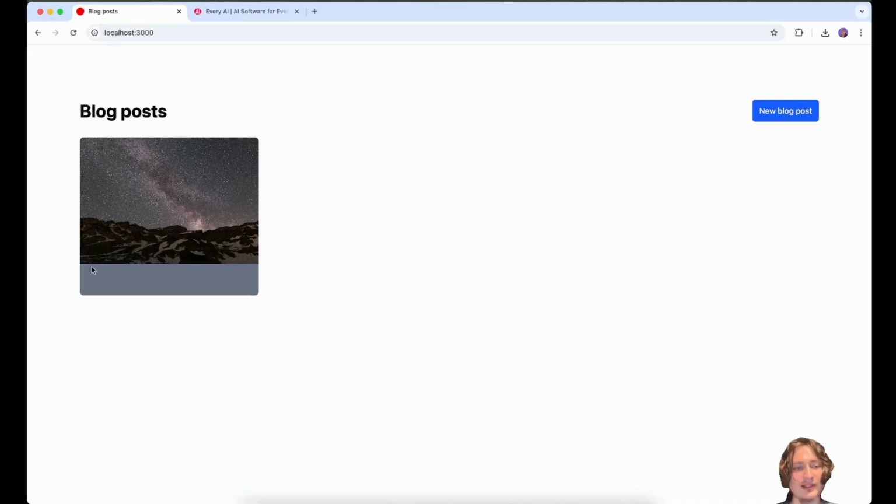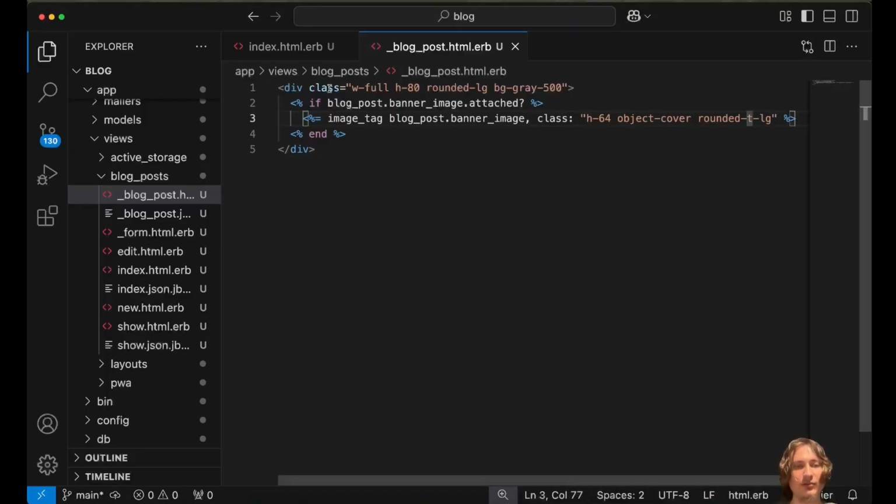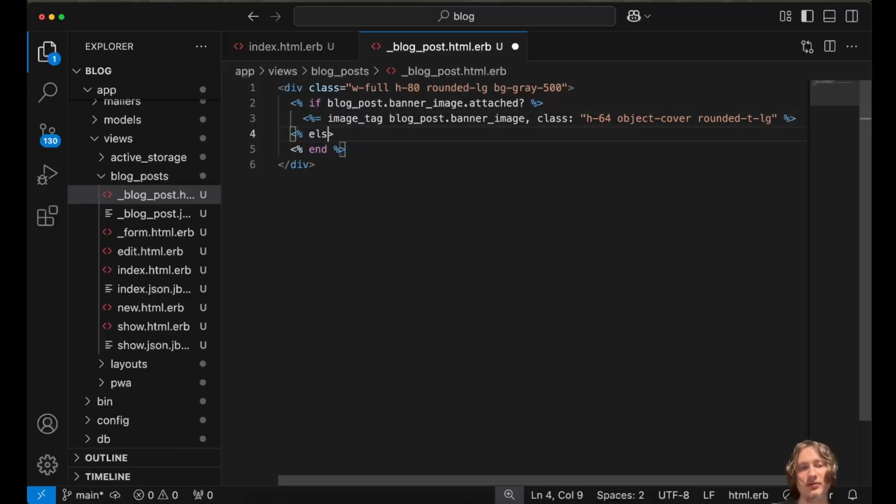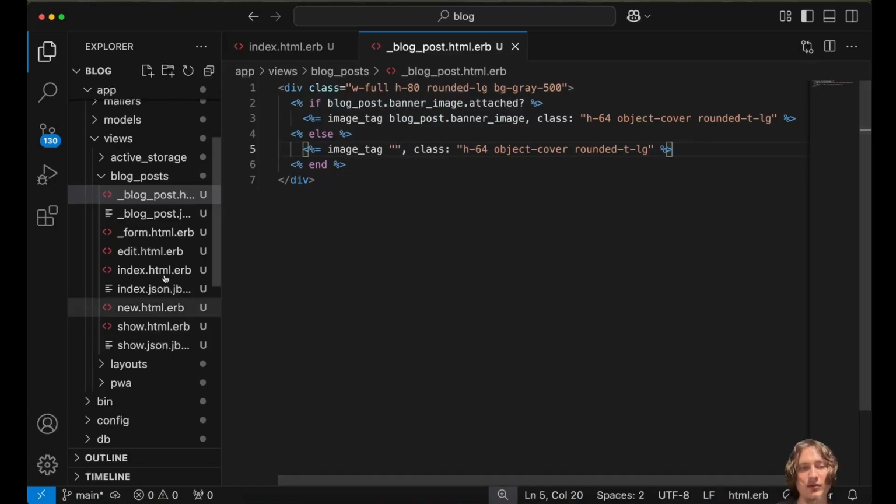So now what we could do is add a button, somewhere in here, to let you click and read the blog post. So that would be underneath the image. But actually, if there's no image for the blog post, we might want to have a backup just so that our styling doesn't get messed up. We could just say else. What I'll do is copy the same image tag with styling and everything, and then we'll try to set a default image,